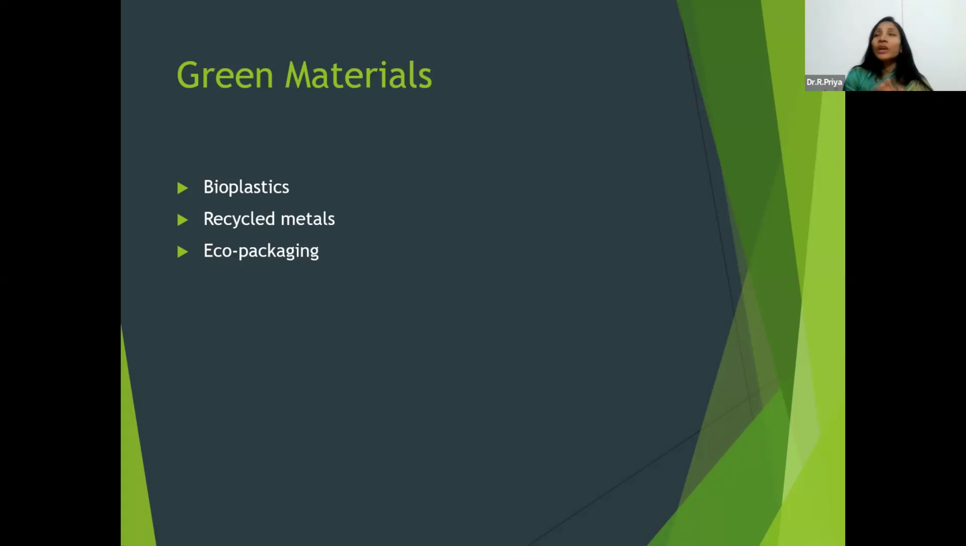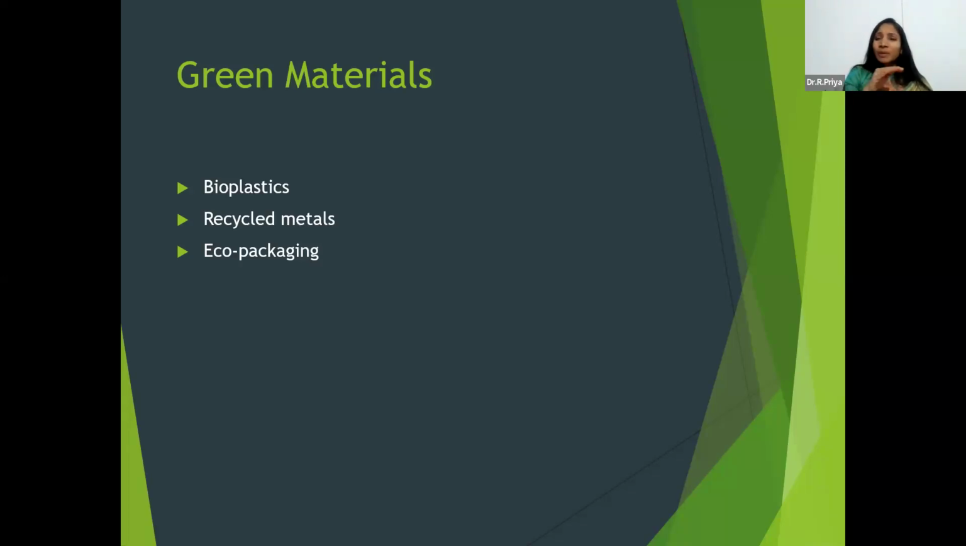Then eco-friendly packaging uses materials that are recyclable, biodegradable, and reusable. So it's an eco-friendly product, helping to avoid harm to our environment, at the same cost as well. Examples include paper-based packaging,